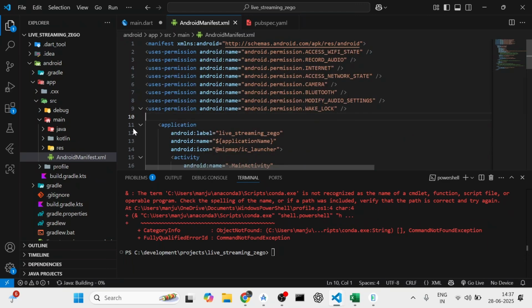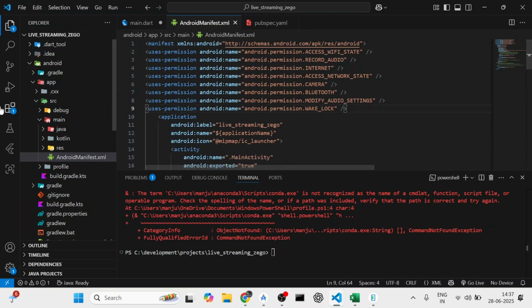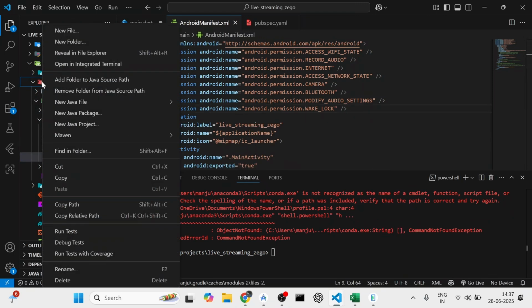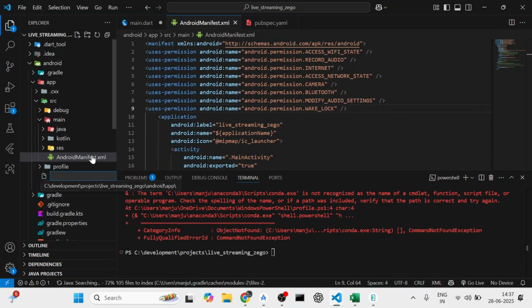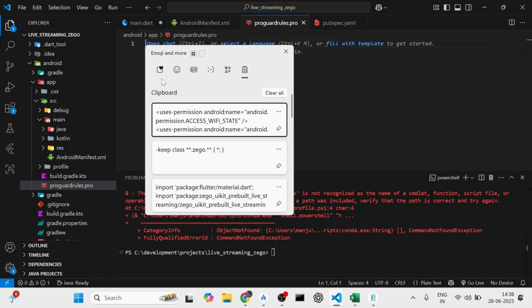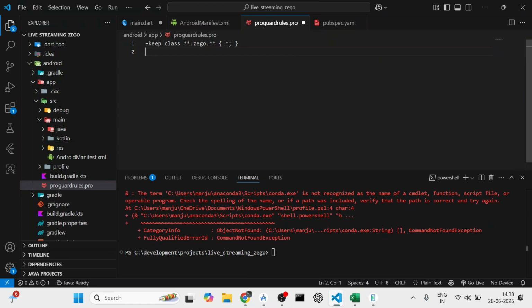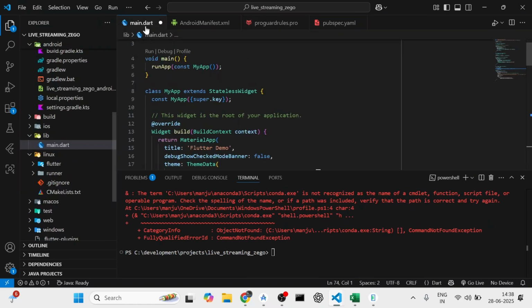Once I have added these permissions, the next thing that I need to do is create a new file, and I will name it proguard-rules.pro. Okay. Once I have created this file, next thing that I need to do is in my